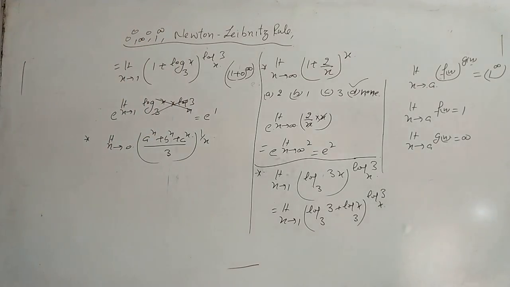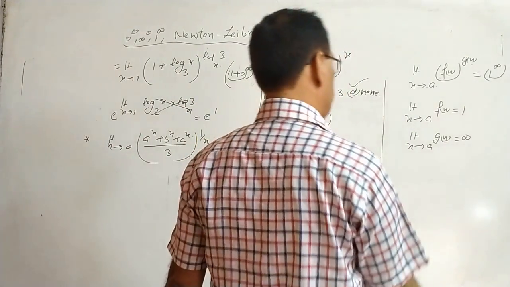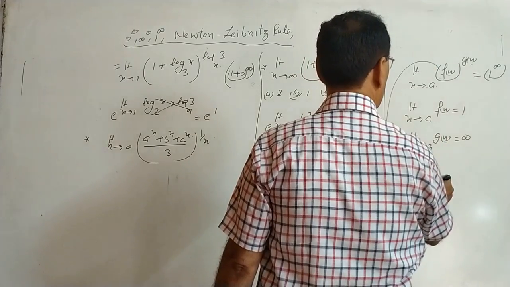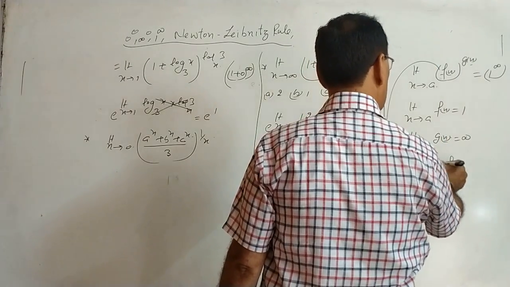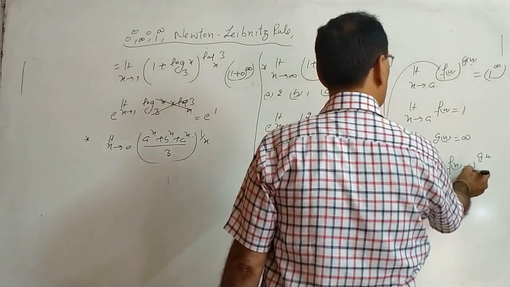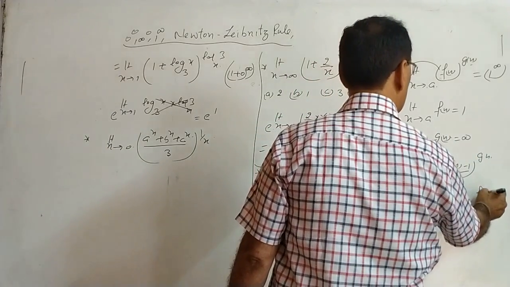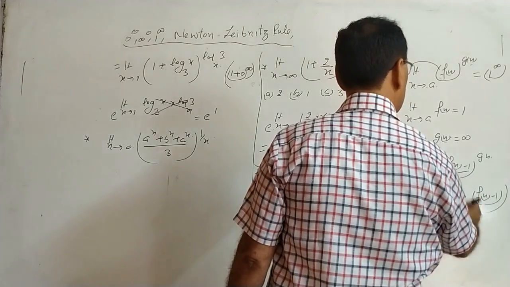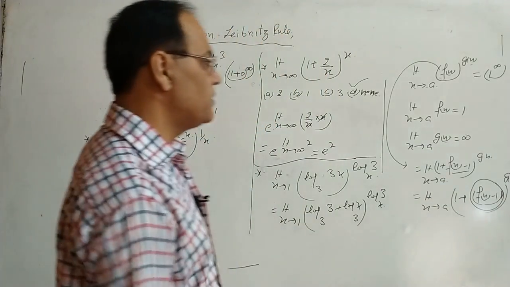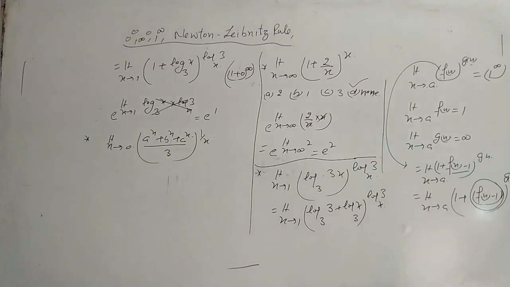Now in this case, first we should reduce the base in the form of 1 plus 0 form. It means we may write from here limit x approaches to a, let me add or subtract 1 in this base. You may write in the form of 0. Now this part will become 0. Again I am just repeating, 1 plus f of x minus 1, then whole power was g of x. Now you can see this part becomes 0. Now this becomes the same type as earlier we have taken.